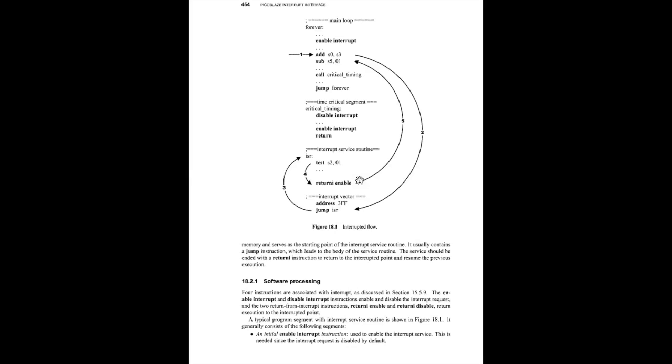This diagram shows what happens when an interrupt occurs. So the 1 is saying we're executing the add instruction. The interrupt happens. Okay, 0 was we enabled the interrupts. 1, we're executing the add, interrupt occurs. So the machine will complete the execution of this instruction. It'll then jump to FFE, which will have the jump to the ISR instruction, which then sends us to the routine that we should have written in our code to perform whatever functionality we want to perform in the interrupt